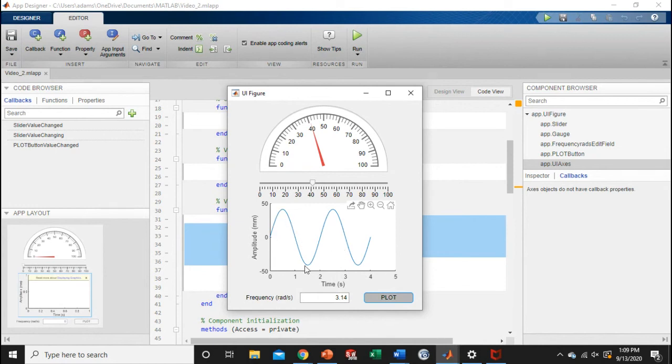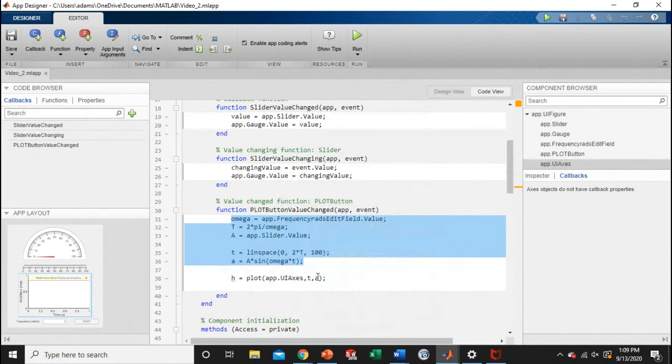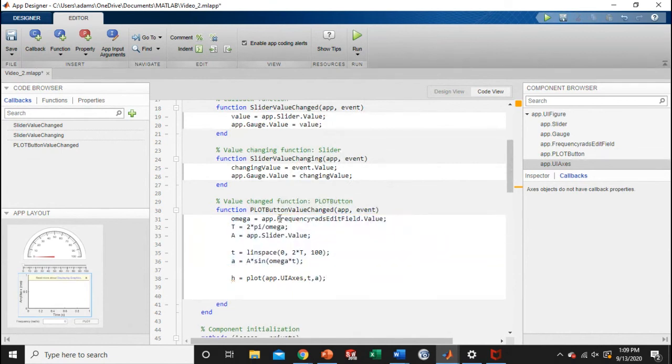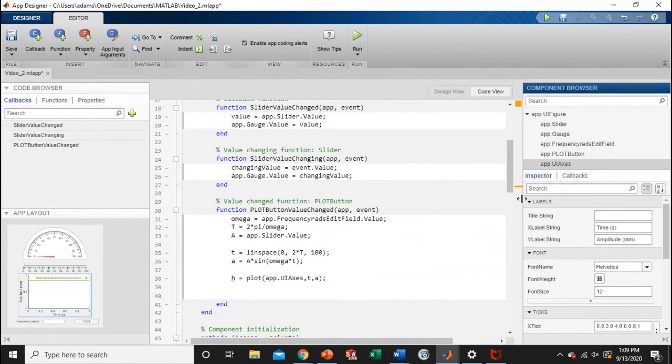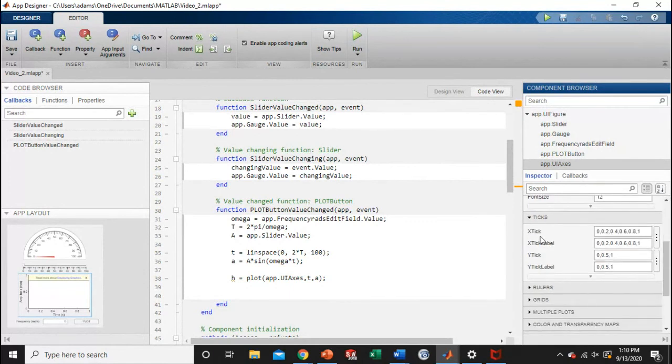And so now what I can do is edit this plot a little bit. I could make the lines thicker, but all I'm really going to do is mess with the axis. And so I just want to go and change the axis. The way I can do that is if you go in this inspector under app.UIAxes, you can actually look and try to find what classes you can pull out of that object. And so in this case, I want to pull out the axes